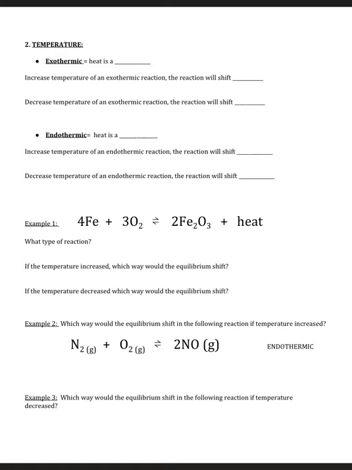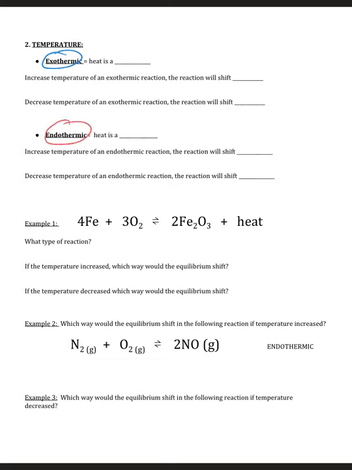Today we're going to talk about the second stress or change that can be placed on a reaction at equilibrium. Last lesson we talked about concentration or amount. Now we're going to talk about increasing or decreasing the temperature. And the biggest thing to identify right away with the reaction when temperature is altered is whether it's exothermic or